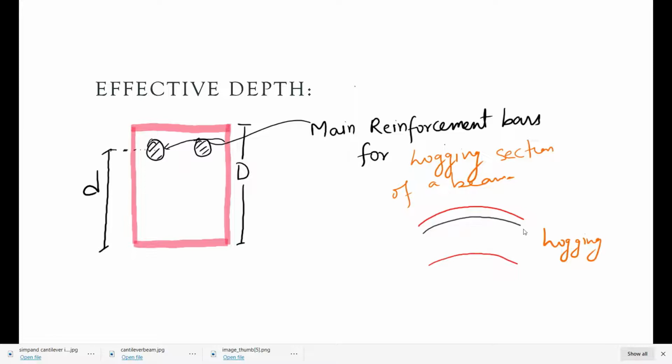The hogging case is like this, where the top is in tension and the bottom is in compression. Therefore the black reinforcement bar is near the top fiber, to avoid cracks at the tension fiber.